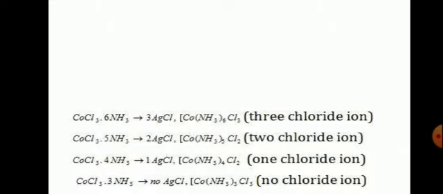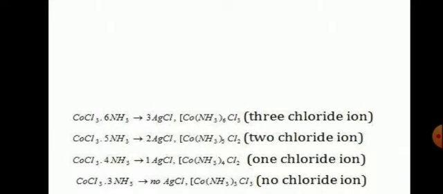As we all know, Cl- has great affinity towards Ag+. Ag+ and Cl- form a white precipitate, that is AgCl. So in these complexes, when AgNO3 aqueous solution was introduced, the first one gave a precipitate of 3 AgCl, indicating 3 chloride ions were present in the ionization sphere which got ionized. In the second example, only 2 moles of AgCl were obtained, indicating that out of the 3 chlorides, 1 chloride was present inside the coordination sphere which couldn't be ionized, and 2